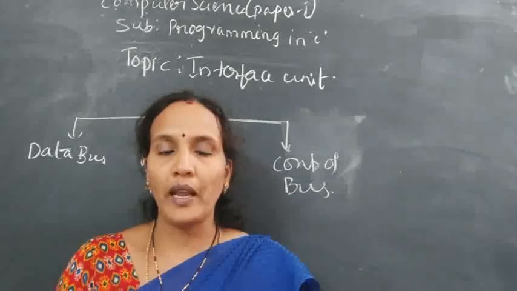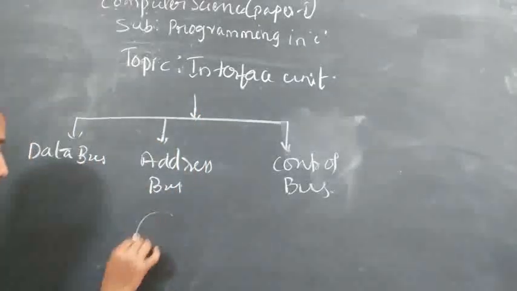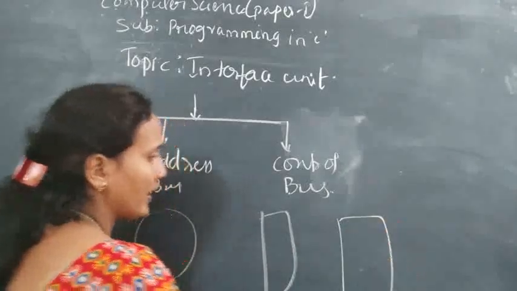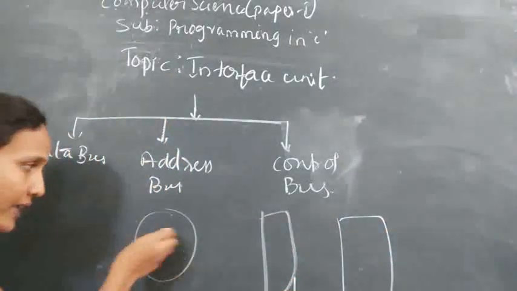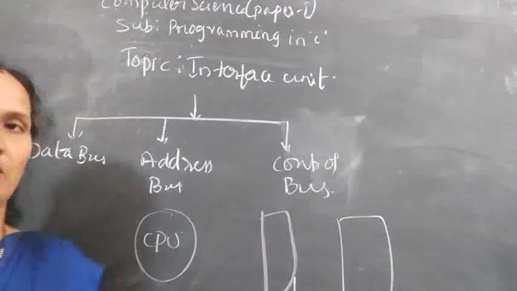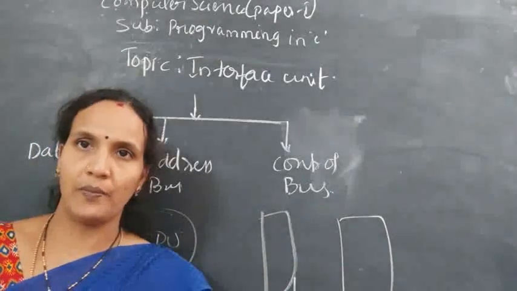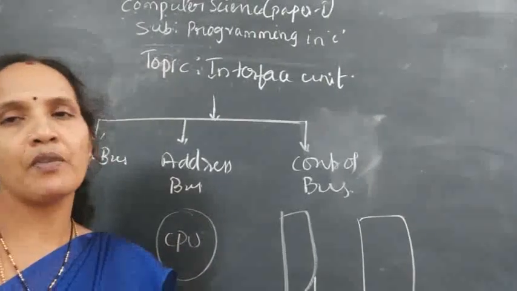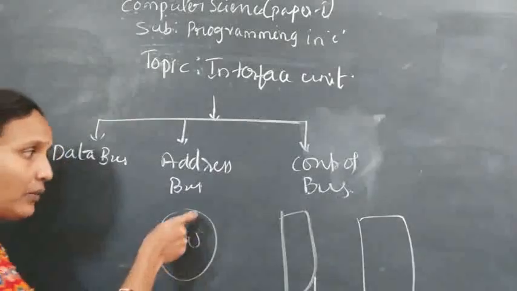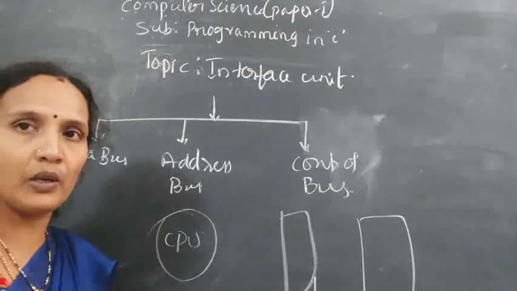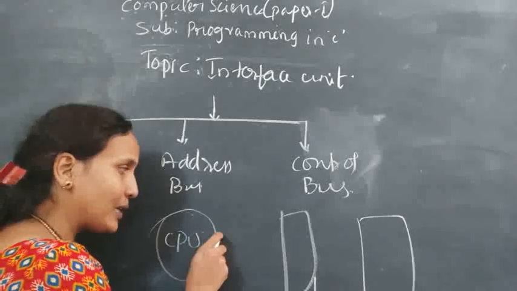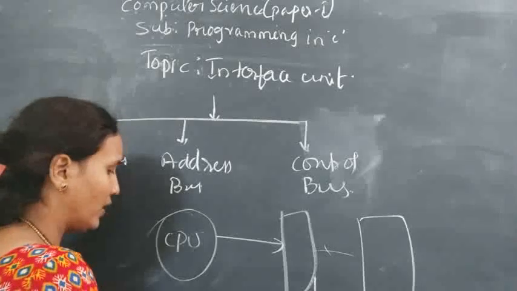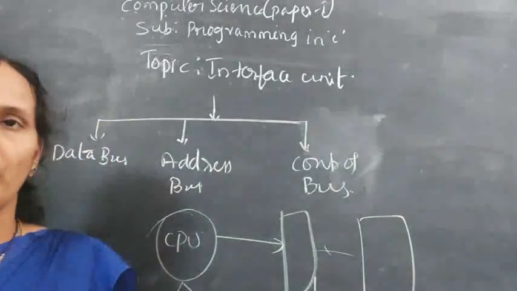Today we'll discuss. In this example, this is a CPU, this is a primary memory, and this is a secondary memory. The CPU will execute all the instructions, which means it will perform all the actions. Whatever the user wants to do, all the actions are done by the CPU. What the interface unit does is connect this CPU with the memory and other devices like the keyboard and mouse, other input and output devices.